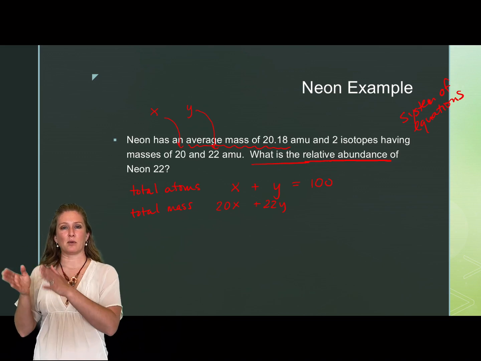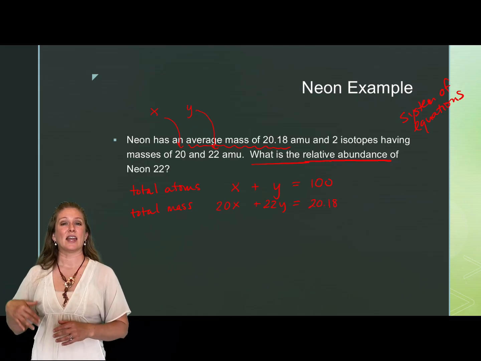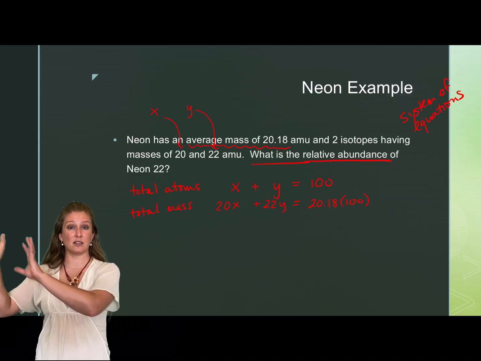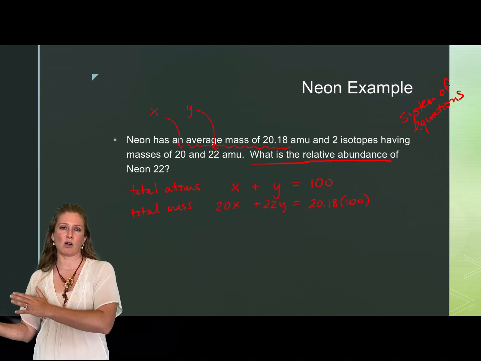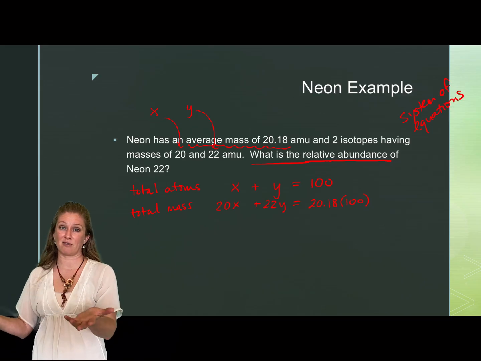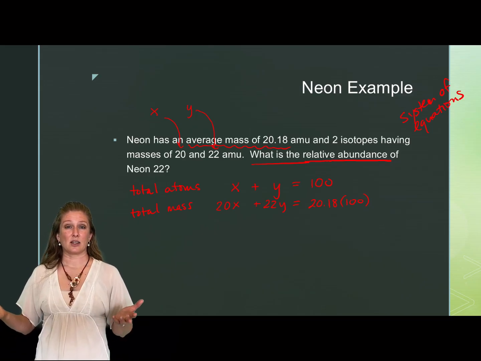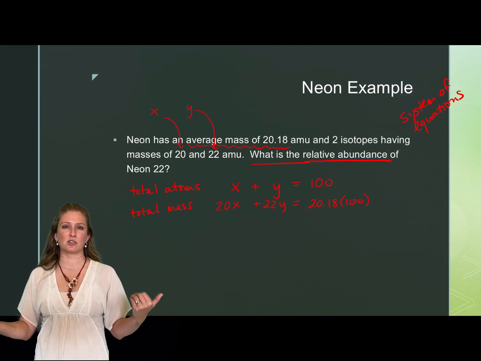And if we multiply Y atoms by the 22, we get the total mass of all of those Y atoms. And then if we take the average mass and multiply it by 100, the number of atoms we have altogether, we should get the total mass of all of those 100 atoms on average. So that's what we do for our second equation. Again, the first equation is about the total number of atoms, and the second equation is about the total mass